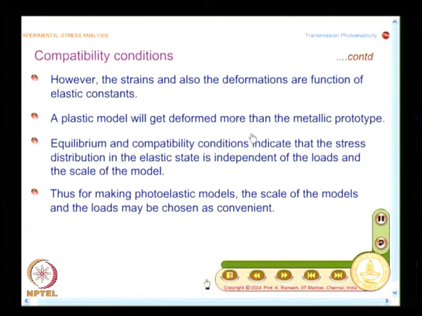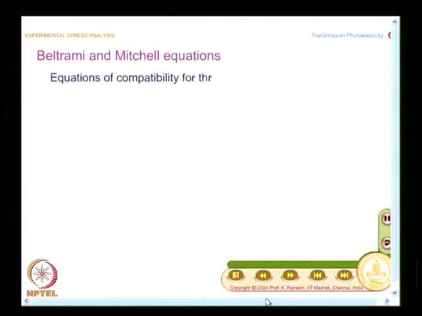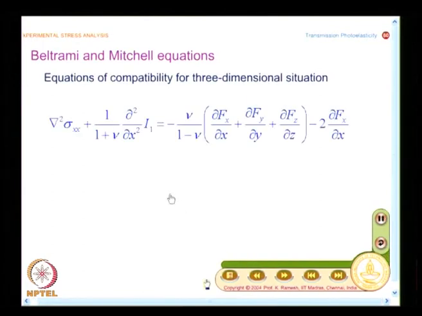The first and foremost advantage from elasticity equations is that the stress distribution is independent of the loads and the scale of the model, when we look at in-plane problems with body force remaining constant. Now, let us look at how the compatibility condition looks when I go to a 3-dimensional situation,